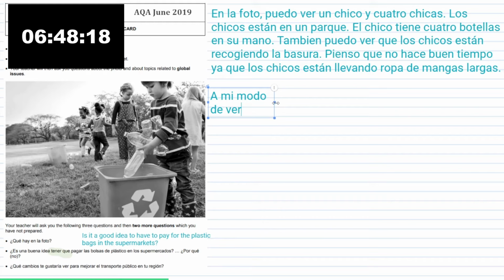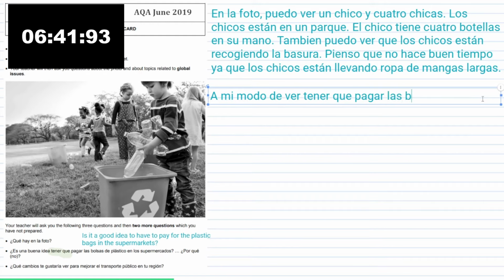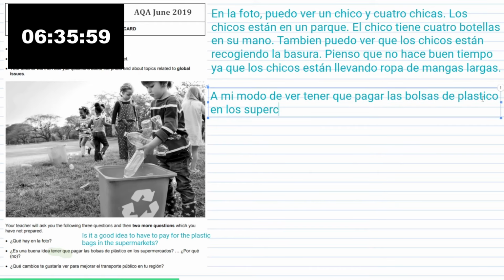So in my perspective, from my way of looking, a mi modo de ver, tener que pagar las bolsas de plástico en los supermercados. So if you can see there, I'm just using the same words in the question to respond. So en los supermercados, we can say es una buena idea. And the reason, dado que